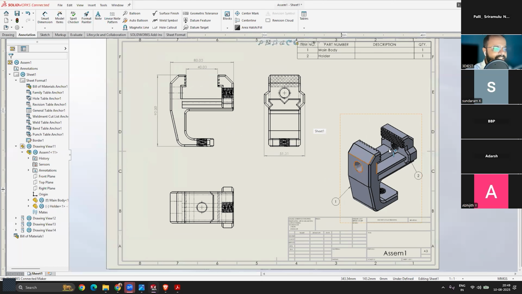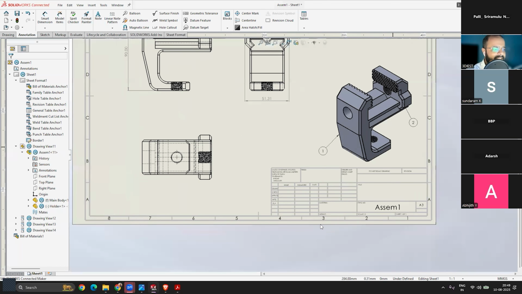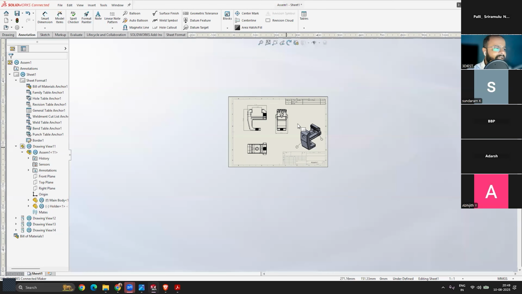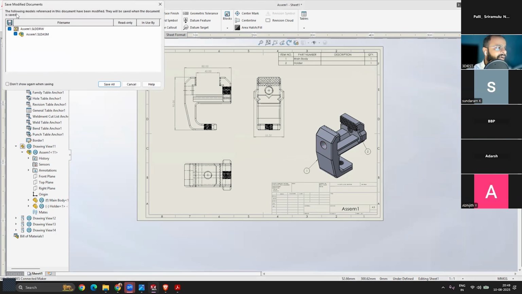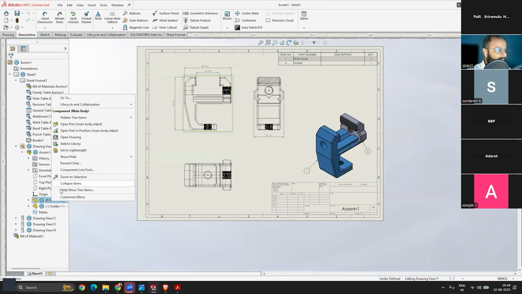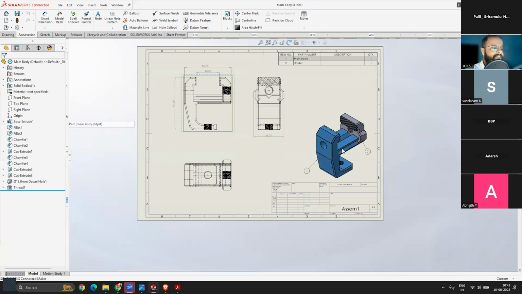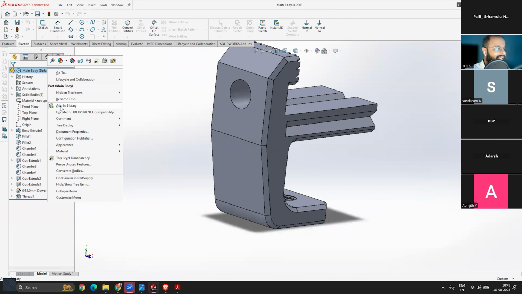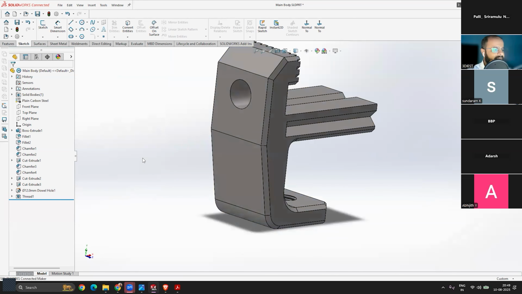And for these two parts, can you see the material is empty and the weight is also empty? Why? Because for these two parts we have not defined the material and the weight. So let's try to add that. We'll again open our part file, right-clicking on the part. We'll click on open part. Let's first open this one. Now we right-click and change the material of this to plain carbon steel. We'll click on save. We'll close it.